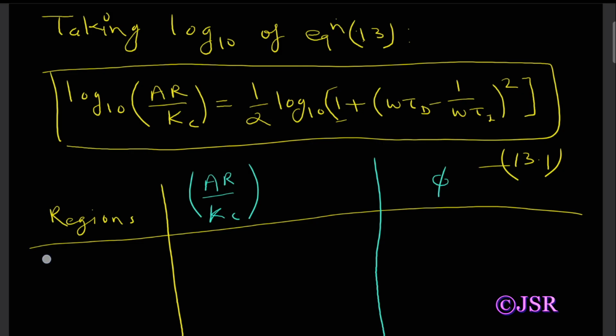So when omega tends to 0, means this omega tends to 0 and this will tend to